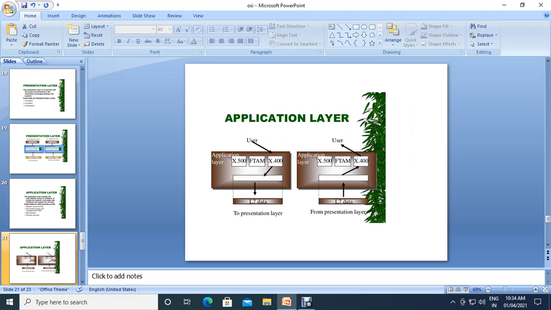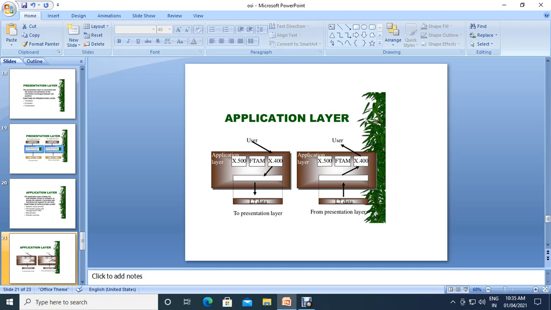Here, see, the application layer is the last layer, so it is not getting any data from upper layers. In the sender machine, in the application layer, we are using different applications, X.500, FTAM, X.400, like that. Which application we are using at that moment depends on the user requirements.